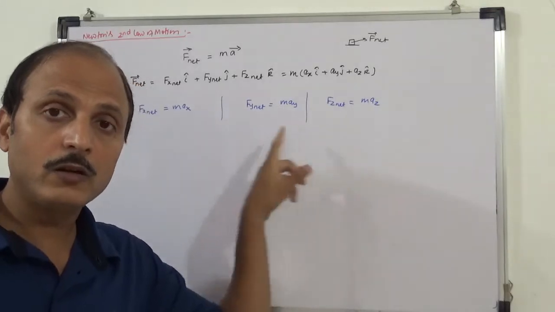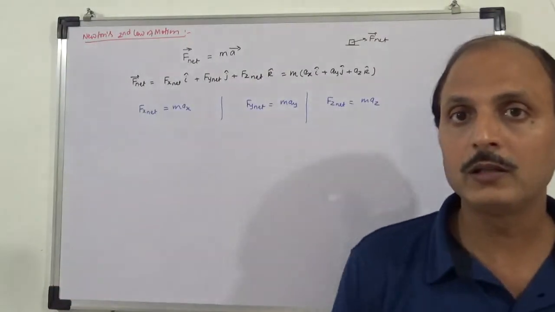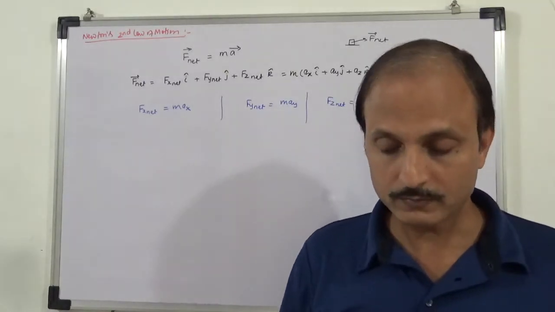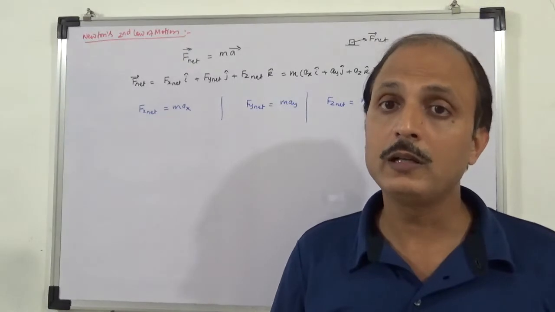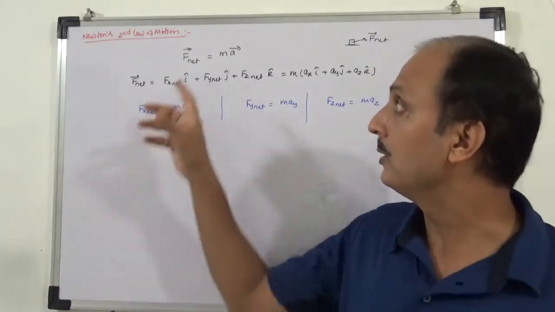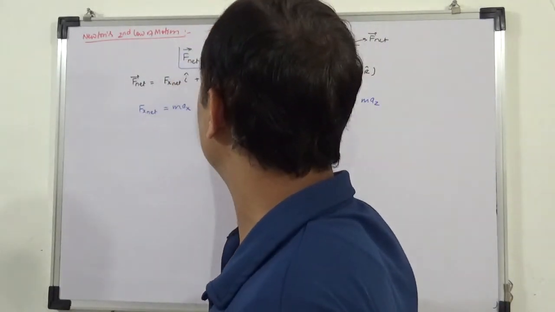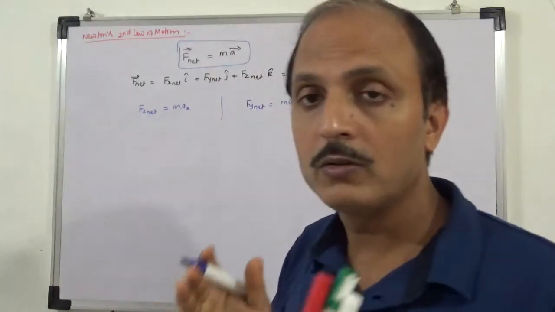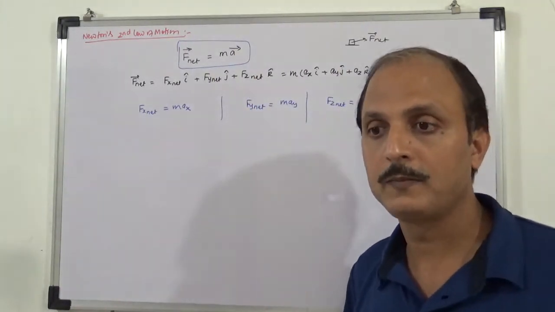Forces along z will not affect these two. That is very important, and that is the outcome of the vectorial representation. Force is a vector, so this is the outcome of the vectorial representation. Force and acceleration both are vectors. Okay, so this was Newton's second law, F is equal to mass times acceleration. Net force on an object is going to give you mass times the acceleration.